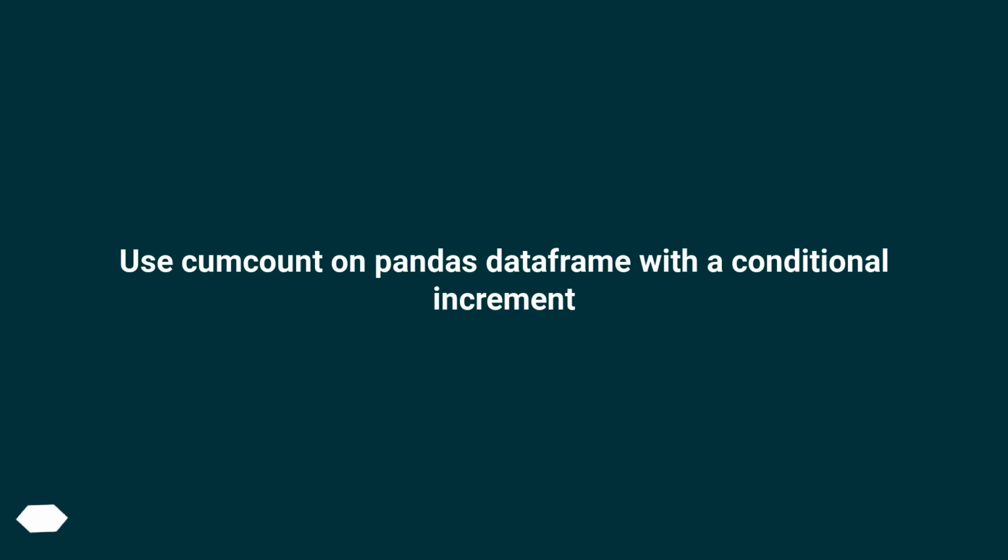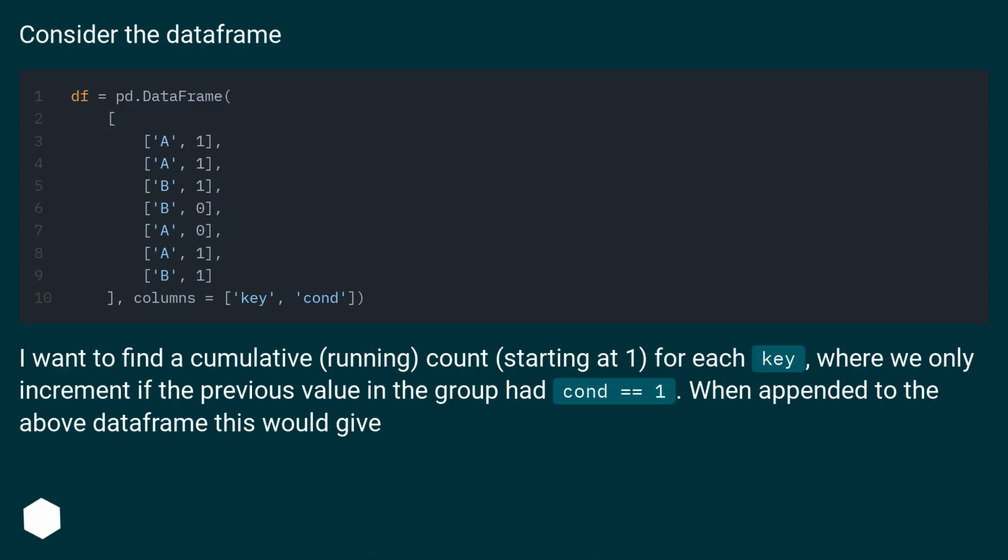Use cumcount on pandas dataframe with a conditional increment. Consider the dataframe. I want to find a cumulative, running count, starting at 1, for each key, where we only increment if the previous value in the group at cond equals 1. When appended to the above dataframe, this would give